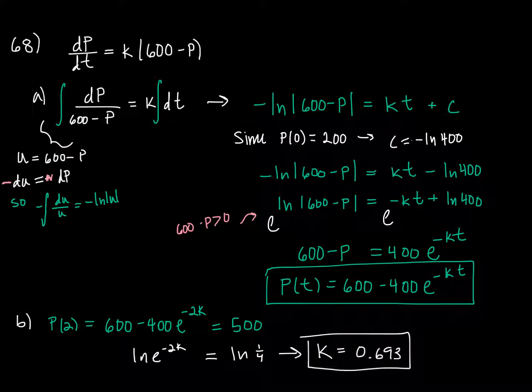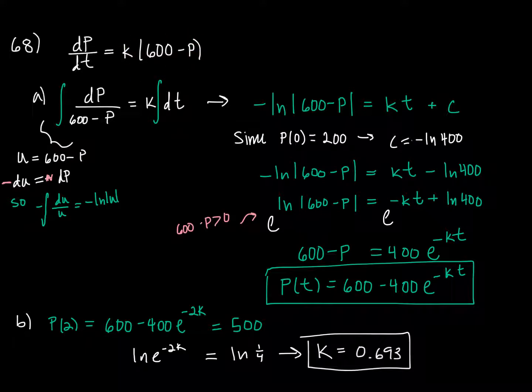So I'm going to multiply by a negative on both sides, and doing so will now give me negative kt plus natural log of 400. Now I can raise e to the power of both sides, and in doing so I'm going to end up with 600 minus p, and I can take away the absolute values because 600 minus p is always going to be greater than 0. Notice that my population is going to start at 200, and if I look at my